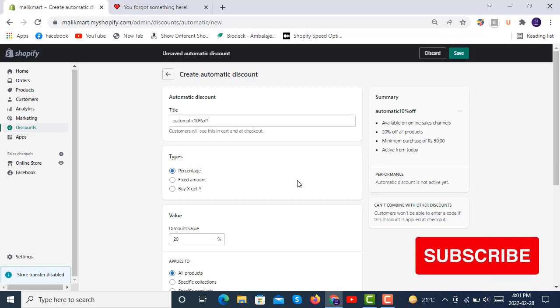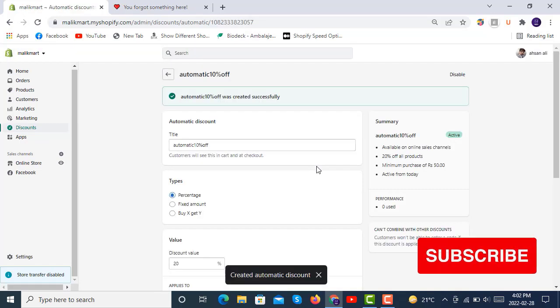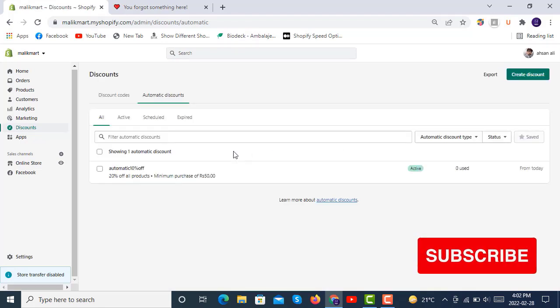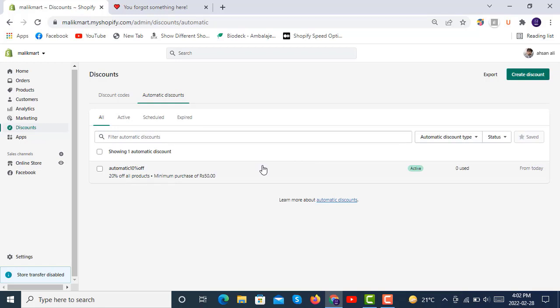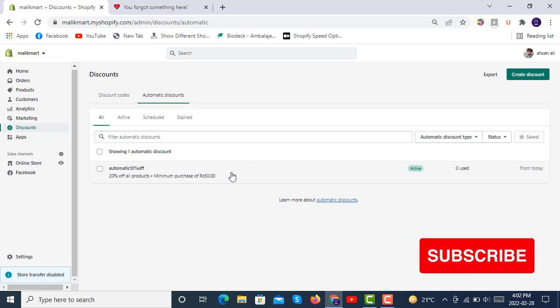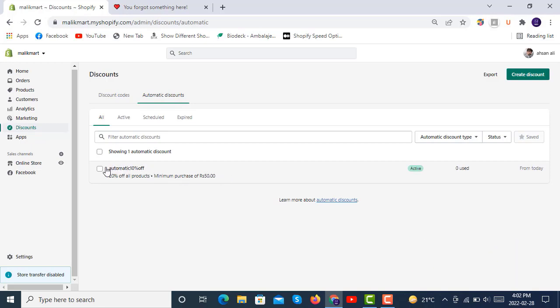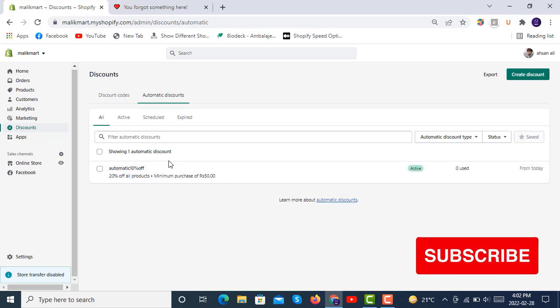When you click on save, we'll see that the automatic discount has been generated. Like if somebody is subscribing, you can give them an automatic code. If somebody is coming from a newsletter to your store and you want to give them an automatic discount, you can just share this discount code with them in the email. If they apply it on the store, they will definitely have